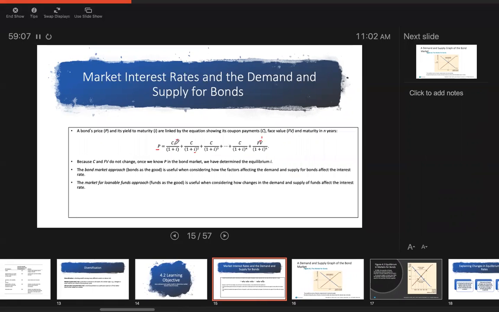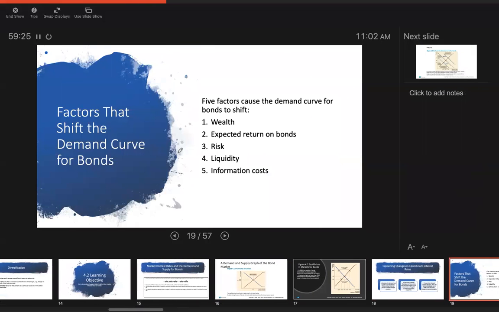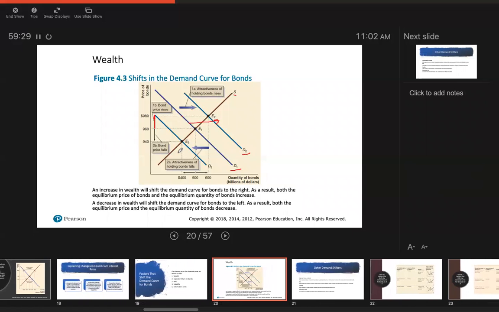Now you're buying the same set of cash flows at a higher price, right? Instead of paying $960 to own these cash flows, now you're paying $980 to own these cash flows. So consequently, the yield that you get on these bonds needs to fall. So bond prices and bond yields move in opposite directions. If you're paying more to own that bond, then the yield that you receive on that bond is much